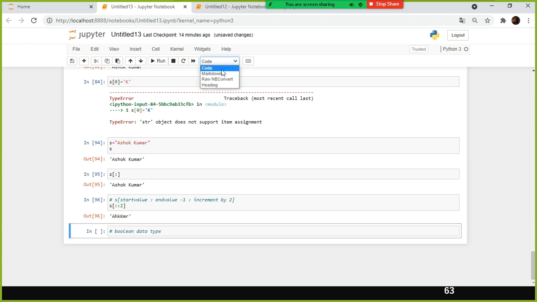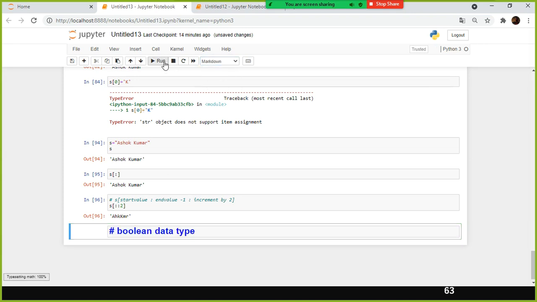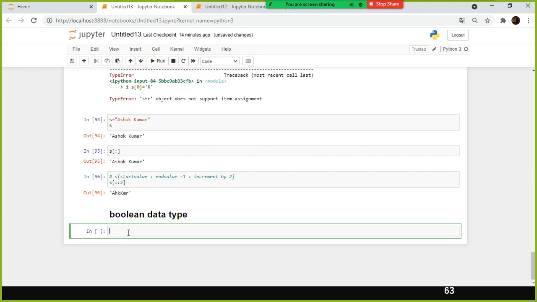This is another data type. The Boolean data type, we get either true or false, right? But in Python, the Booleans are considered as a numeric type. Remember that. One second, I'll just type it here.